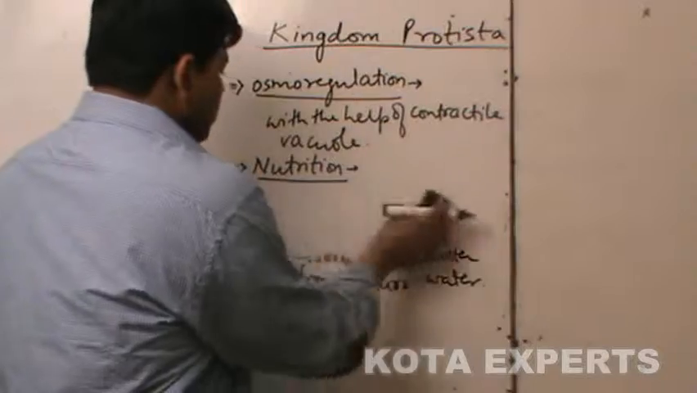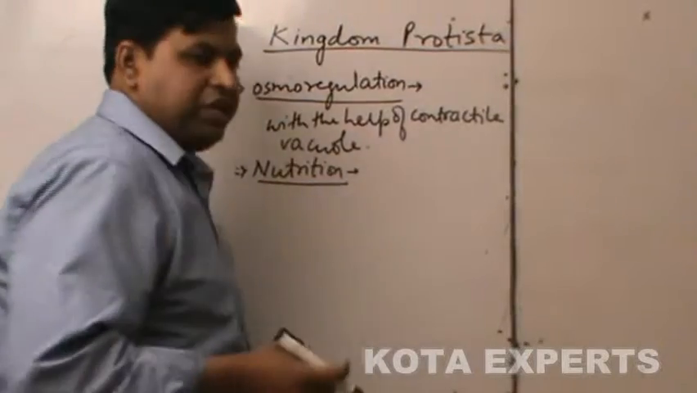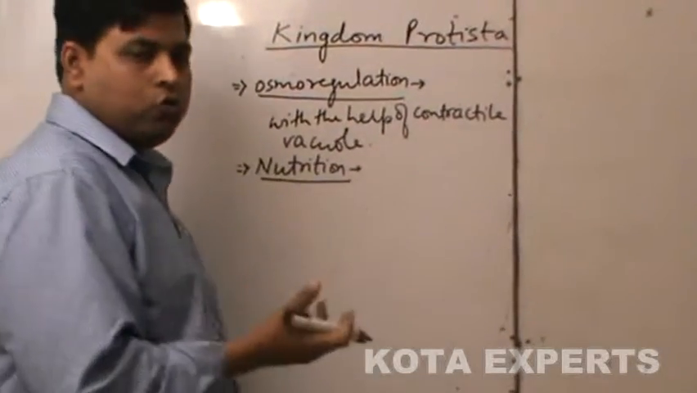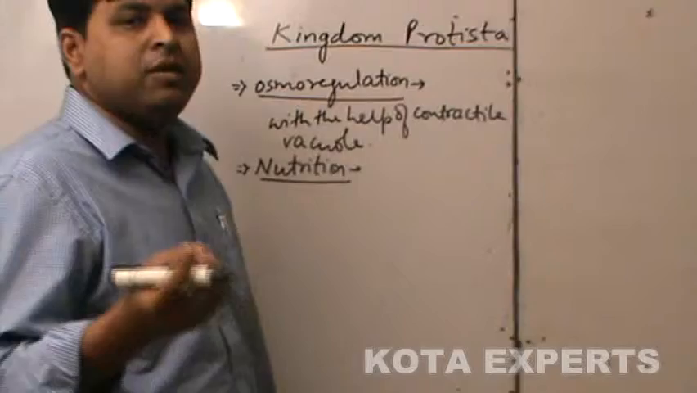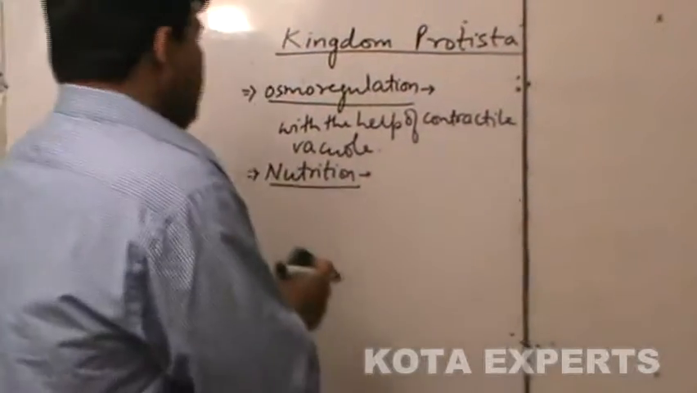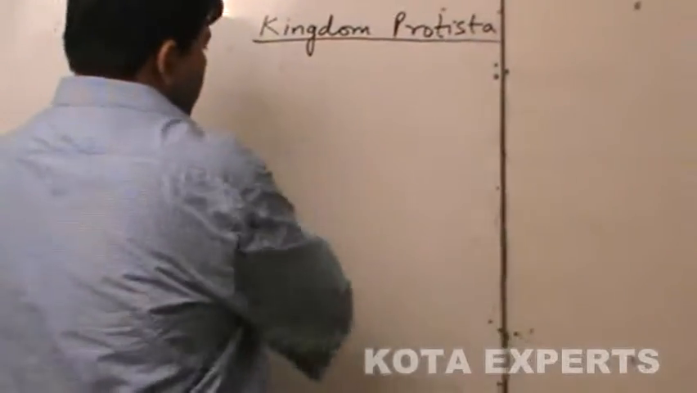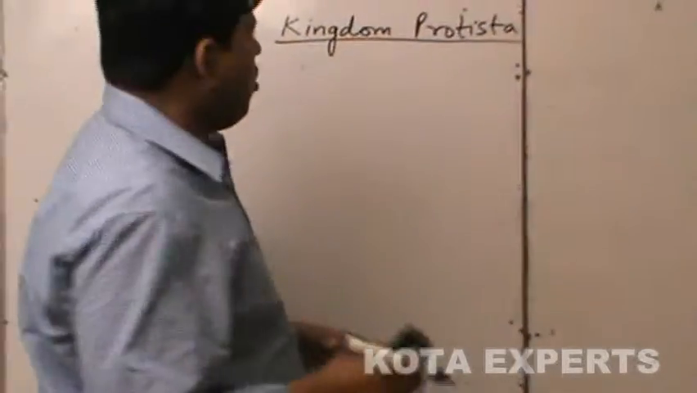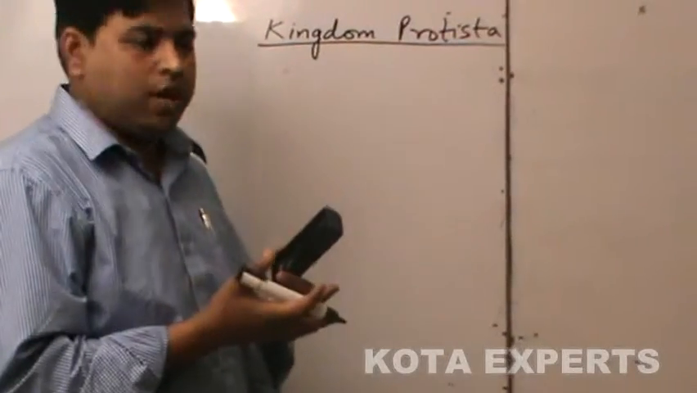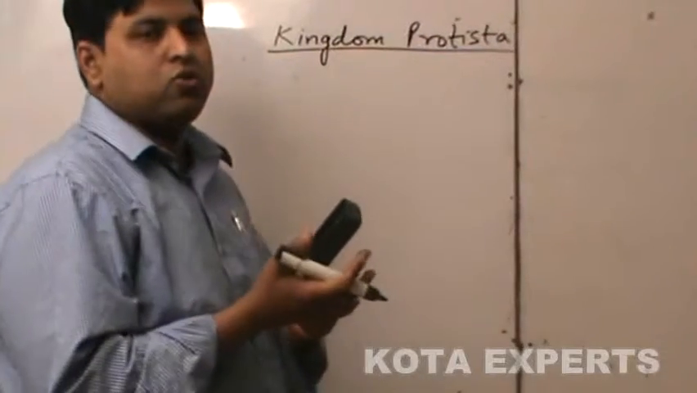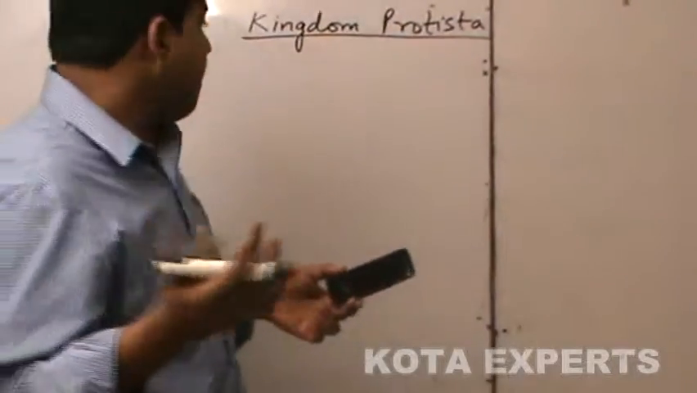So, once again, looking at nutrition: nutrition is of saprophytic type or saprozoic type, holozoic type or holophytic type, or it can be photosynthetic or mixotrophic. Now, we have seen the characteristics of kingdom Protista, how they locomote, how they absorb nutrition, how they control their salt concentration. Now we will have a look at the most abnormal form